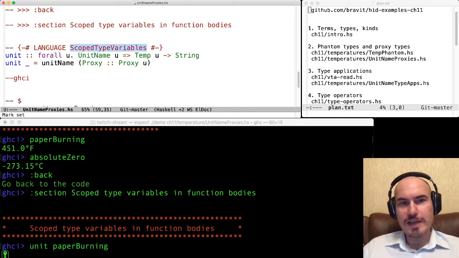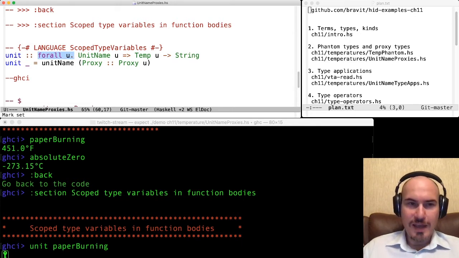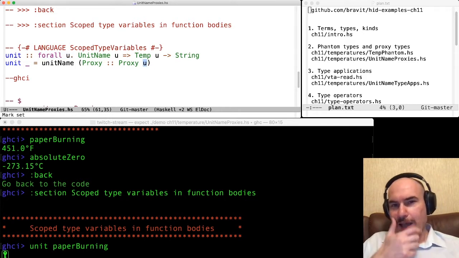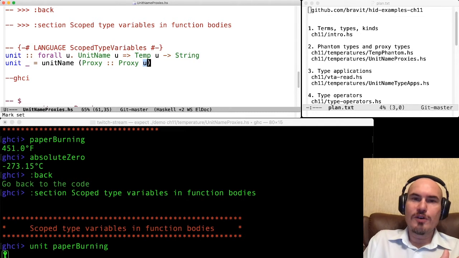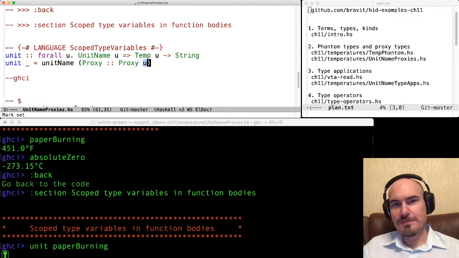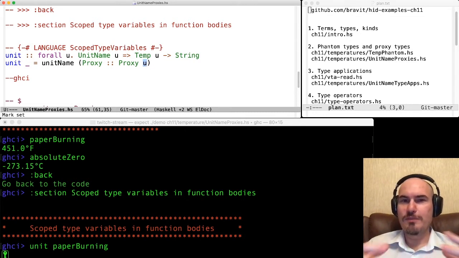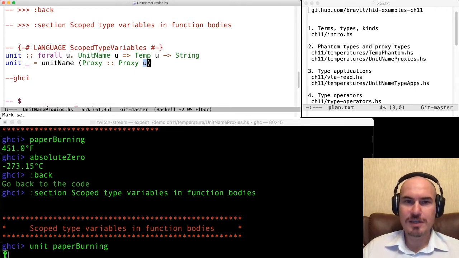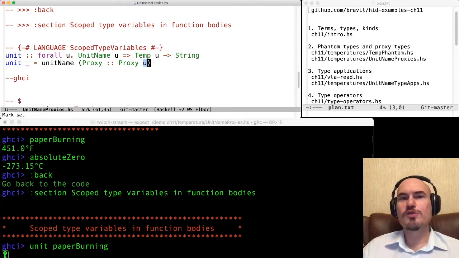It allows you to write forall u in types first, and then it allows you to refer to this u here. So in some sense, it connects your terms with your types. So you have type variable u in the type signature, and then you refer to it right inside your body. So this is ScopedTypeVariables. It gives you an ability to refer to the type variables used in a type signature.